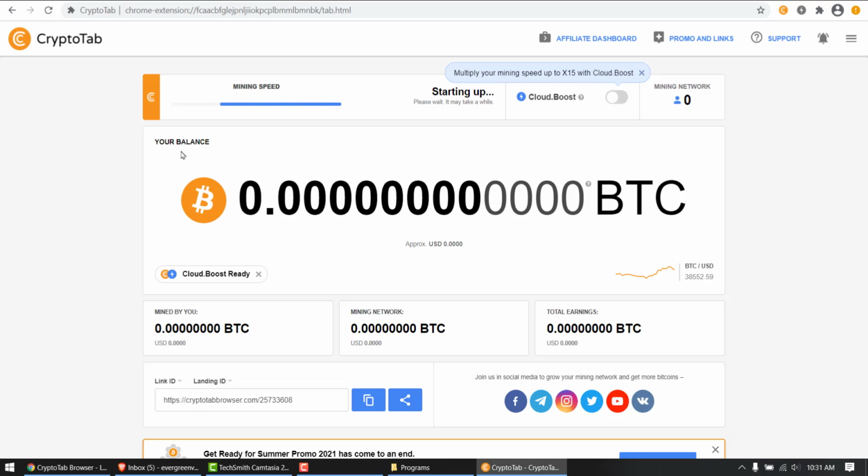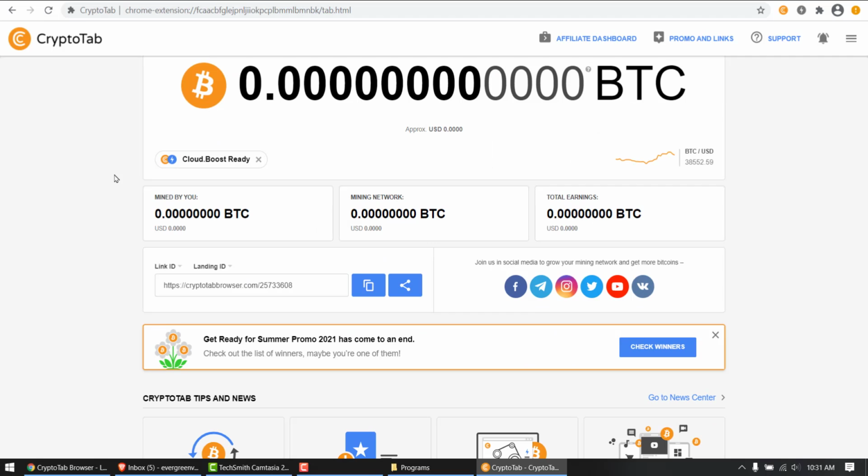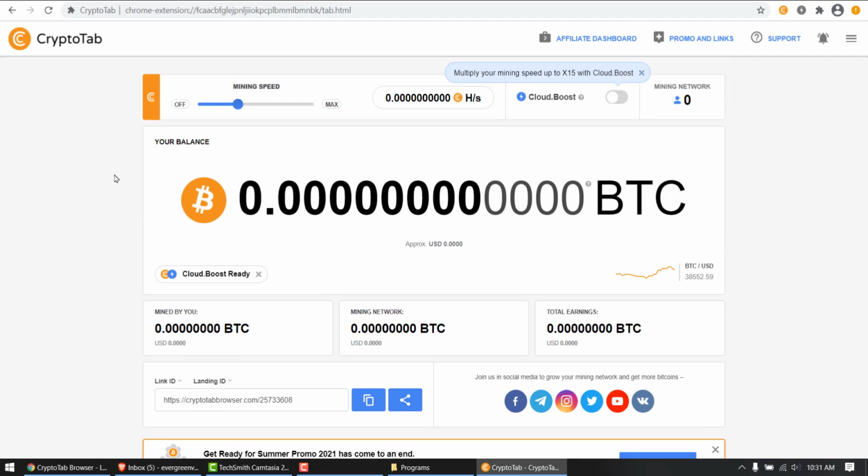So right after it started, I can sense my computer, my laptop, heating up and the fan is ticking with more speed. And it's starting mining for me. Okay, so this is the status with this hash rate. My browser is mining for me.